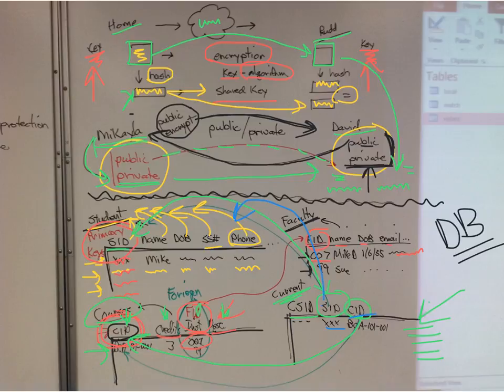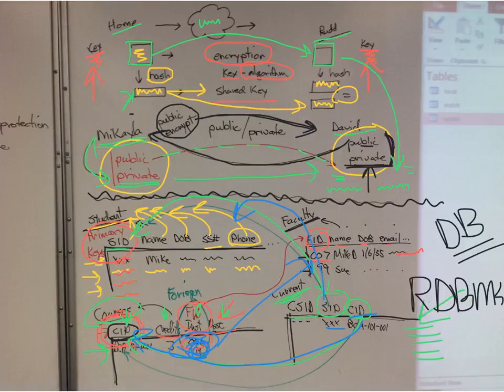Find information about the instructor. This would take you over to this table, and this table then would take you to the instructor. If we changed instructors, all you got to do is change it here and add the new number, and everything is good. These are called relational database management systems.